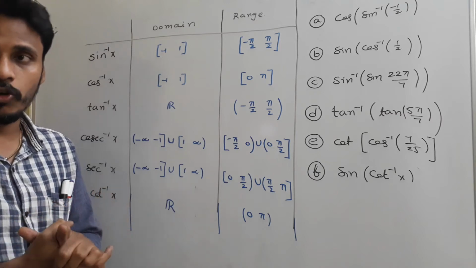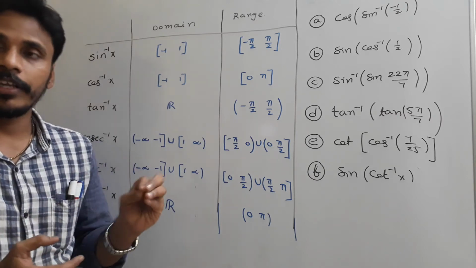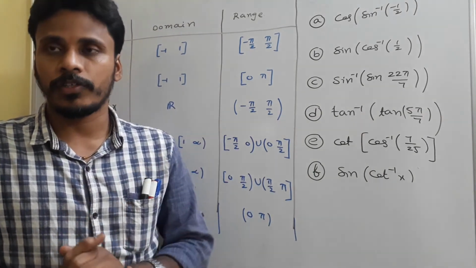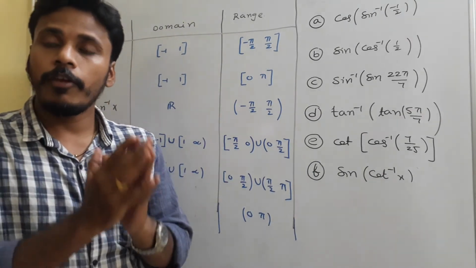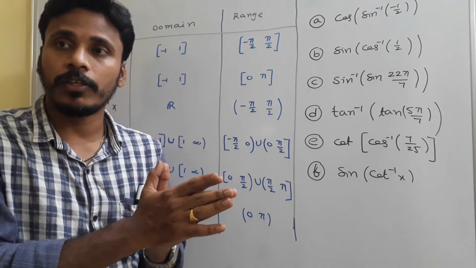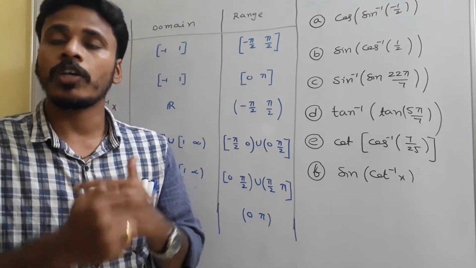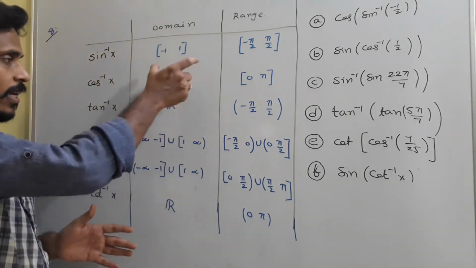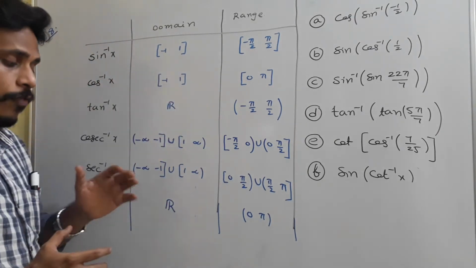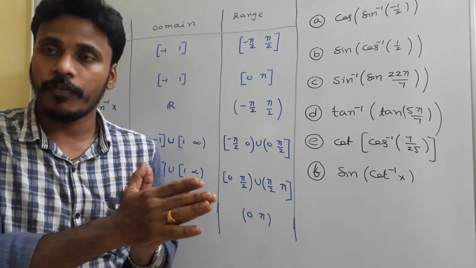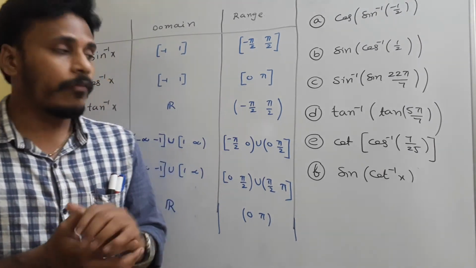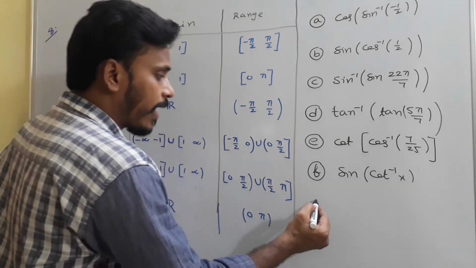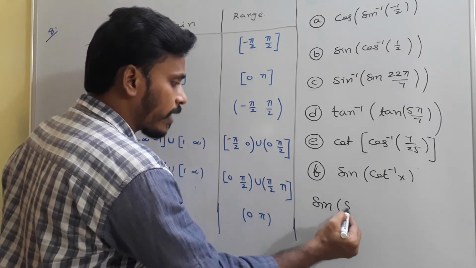Already we discussed domains and ranges of trigonometric functions as well as domains and ranges of inverse trigonometric functions. If the trigonometric function is bijective, then its inverse is also a bijective function, and its domain and range are as like this. After defining the trigonometric function and its inverse, we already learnt about sine of sine inverse x. All these aspects we already discussed in the previous class itself.